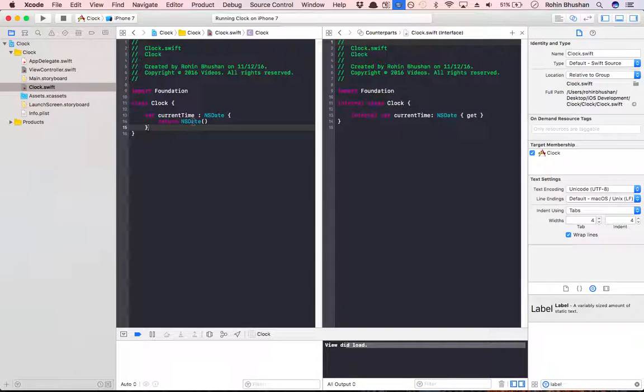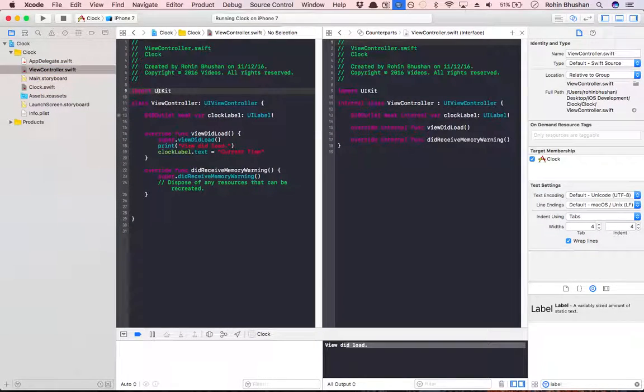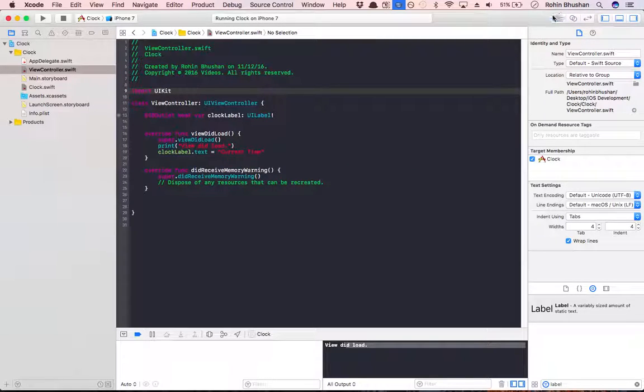So now we have our nice clock. So right now it doesn't do a whole lot, it just tells us the current time, but that's fine for now, that's all we need. So I'm going to switch to the standard editor here, so I have lots of room to code. So I'm going to say, instead of setting it to current time, because that's not actually what we want to do, so let's say